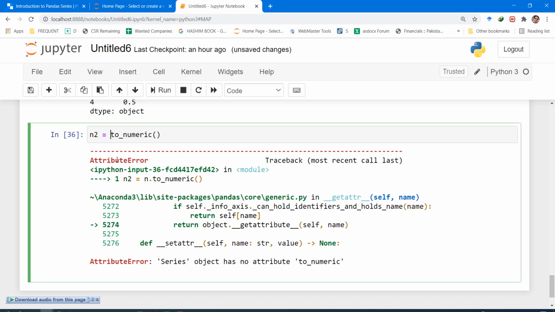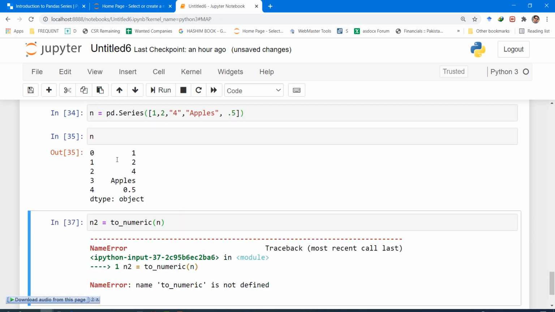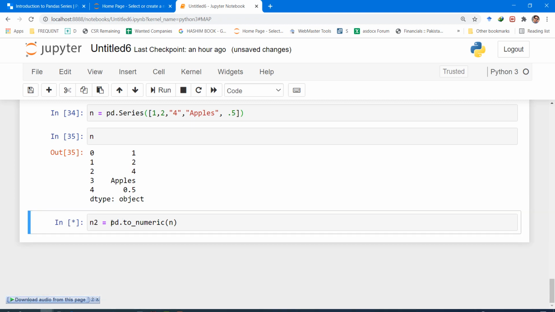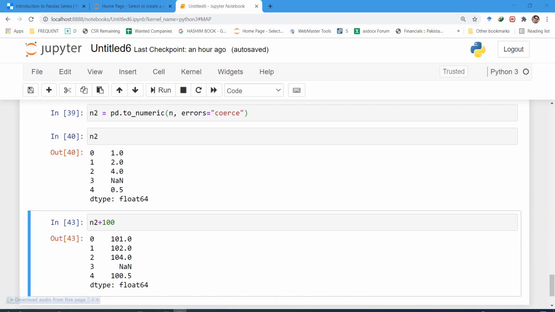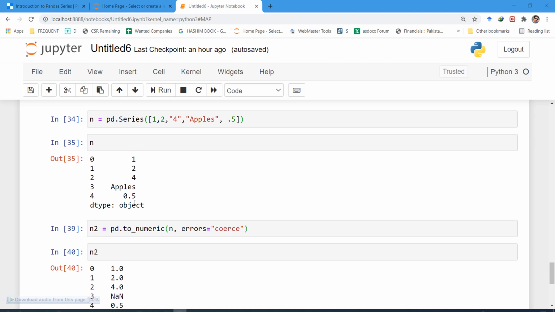Let me see, we need to provide n inside the brackets. Okay, and to_numeric is from the pandas library. Let me see, we are still getting an error. Please practice this, and if you have a question please do ask.